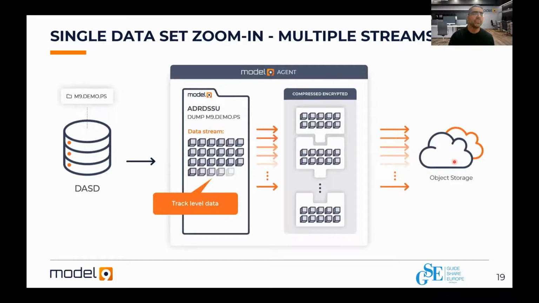This means even a single backup is capable of utilizing your entire bandwidth by sending multiple TCP/IP streams and not being hung up on a single stream. This is a key difference between legacy software that works with tapes and working with the cloud. So you can really push vast amounts of data, even if you have a single data set being backed up.